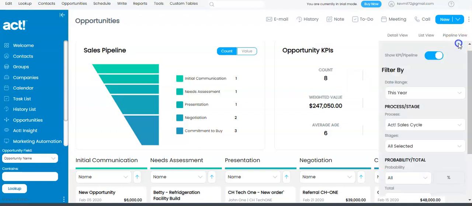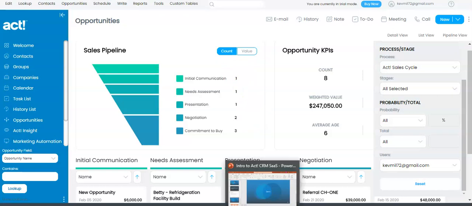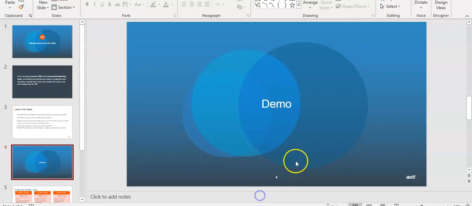As a sales manager, I can also come in and choose to manage different members of my team, and I can look at those individuals and see how they're performing against KPIs, against benchmarks, or against quotas. Again, a very useful tool for both the end user, the direct salesperson, as well as the VP of sales or the sales manager. And with that, we want to come back around into the PowerPoint presentation